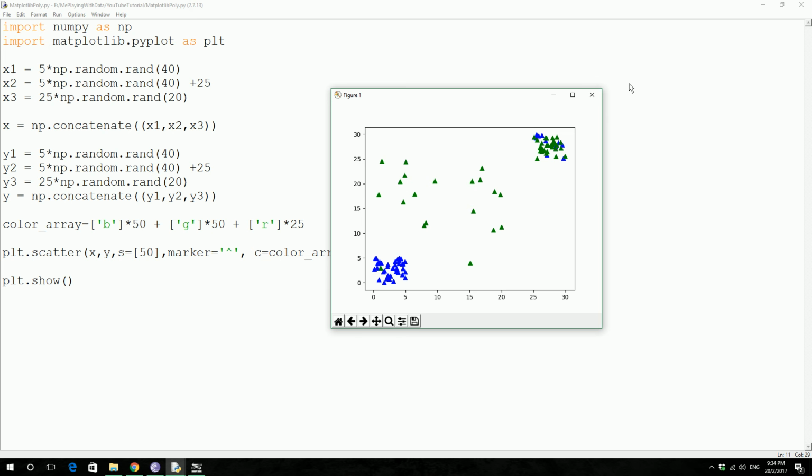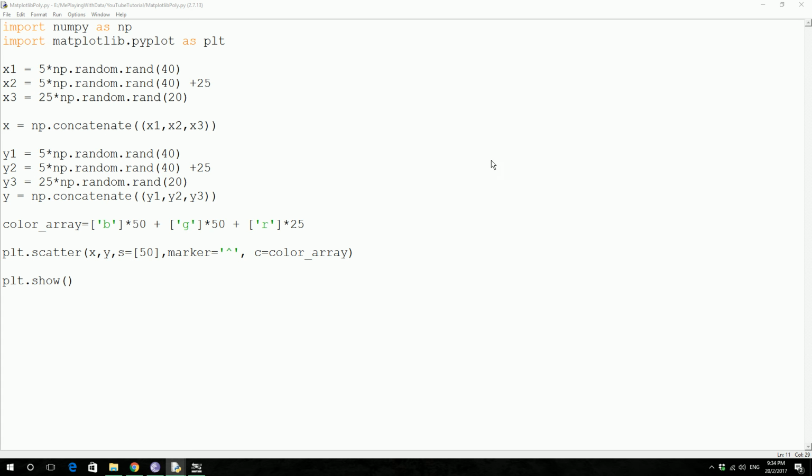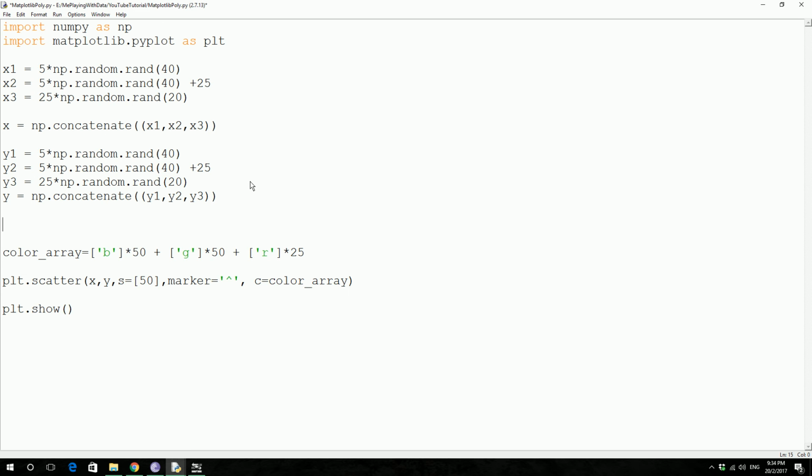Let's try to show some correlation on this, like how it's all correlated. So let's close this one first. So we want to figure out a correlation between x and y. For that, you actually have a cool function in NumPy. So let's create another variable z. Then NumPy, np dot